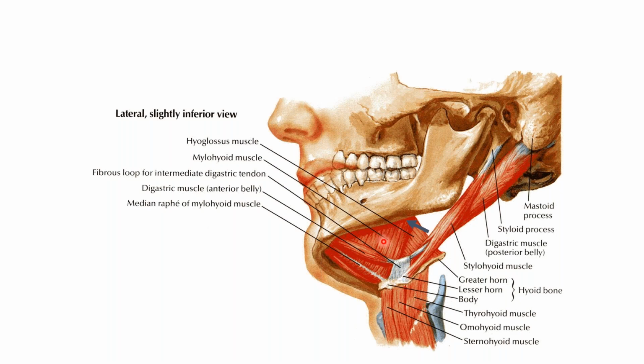Over here, this is a superficial muscle extending in this front region. This is the mylohyoid muscle, and deeper to it, this is the hyoglossus muscle. So we'll be learning these relations. The submandibular gland will be located somewhere here in the inner aspect, located in the submandibular fossa, which extends a little below the margin of the mandible.